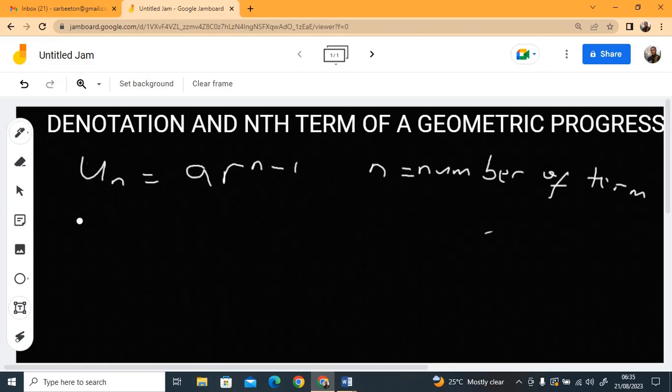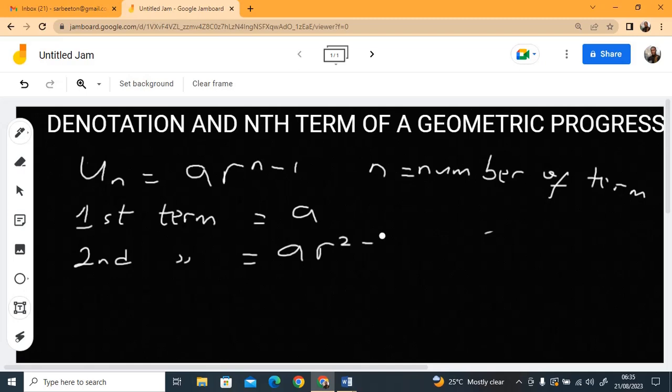So if I'm looking for the first term, it is just ordinary A. You should know that. Now the second term means my n is 2. That would be A R raised to 2 minus 1, and 2 minus 1 is 1. Anything raised to power 1 is still the same letter. So the second term is A R. If I'm looking for the third term,